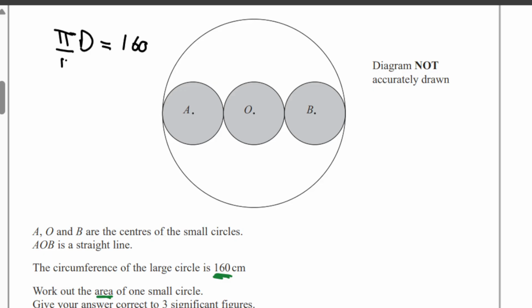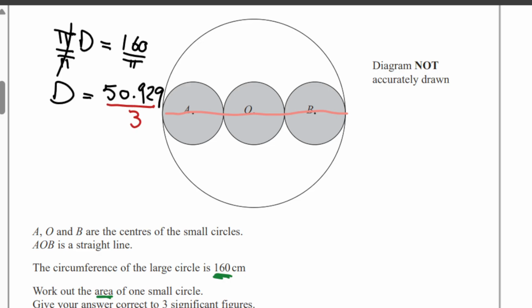So if we divide both sides by pi, we get the diameter of the big circle. So divide that by pi, it gives you the diameter of the big circle is going to be 50. It's just 160 divided by pi, so it's 50.929. Now what's this? This is this length, the diameter of the big circle. Now, if we divide this by 3,